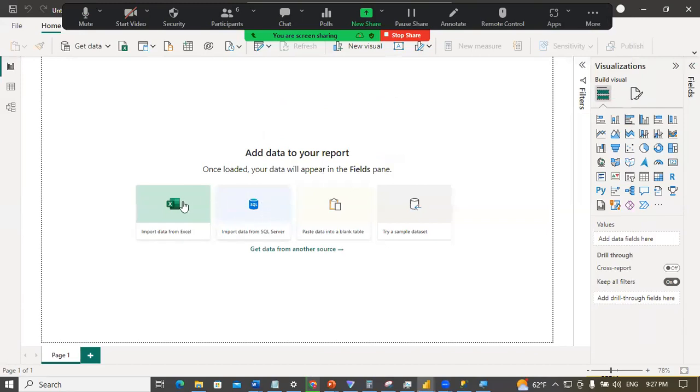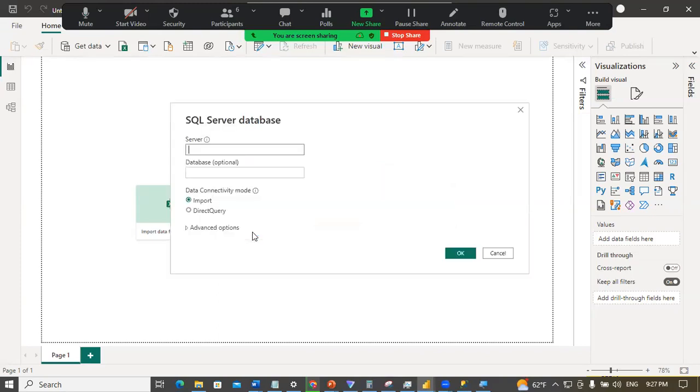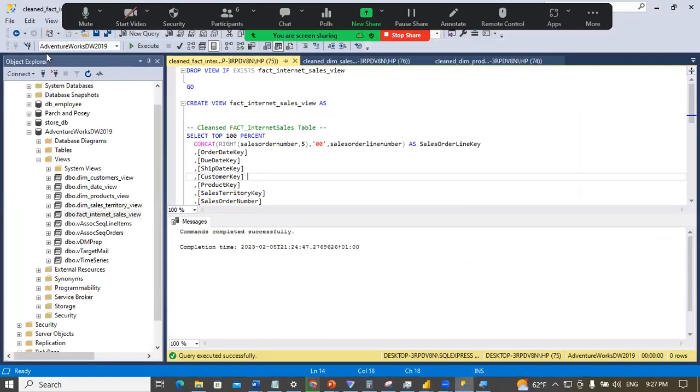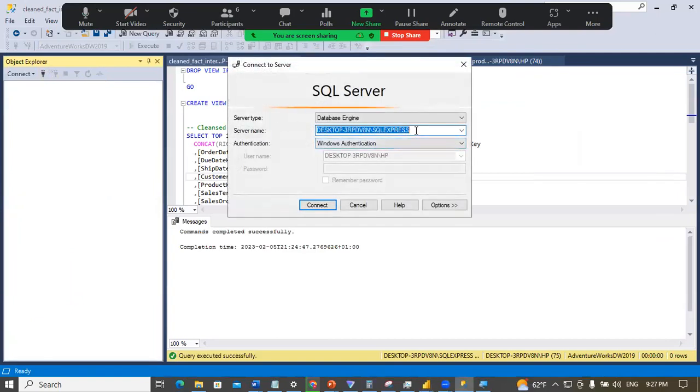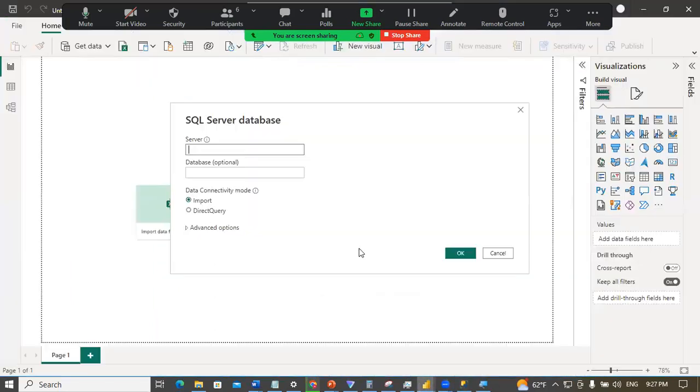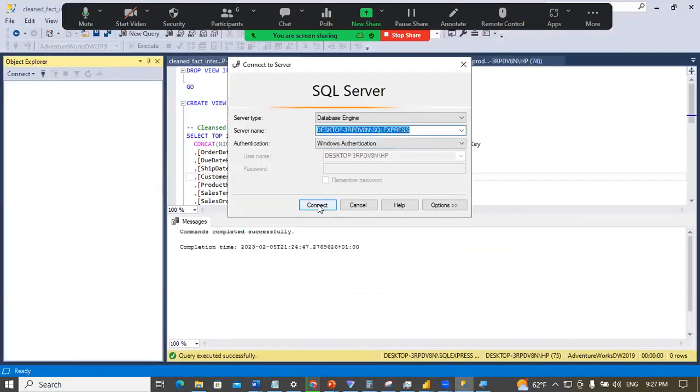Yeah, so on the page here, right, you just see this tab, imports from SQL Server. I'll just click on this, since that's my data source, SQL Server. So I click on this and it's asking me for my server name. So I'll go back to SSMS. I'll disconnect and connect again. So this name here, right, that's my server name. Just copy it, Control C, and come back here and put the name here. Database is optional. So I log in, connect,